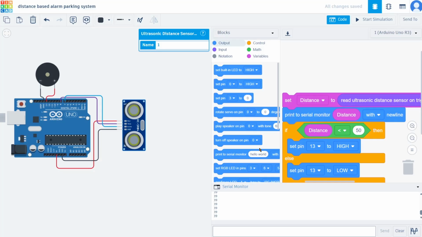Now next thing is how we can do the hardware also. You have to take the ultrasonic sensor, buzzer also, connect the wires, and then also connect the cable. Then after, download the code. Here you will find the code. Then double